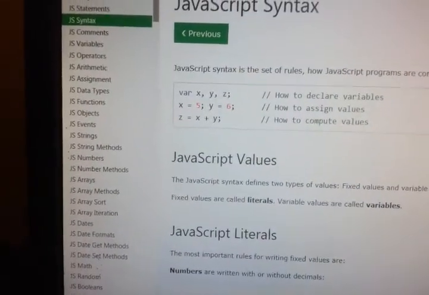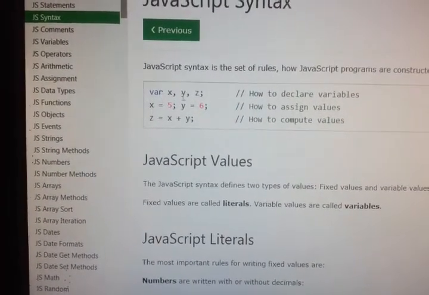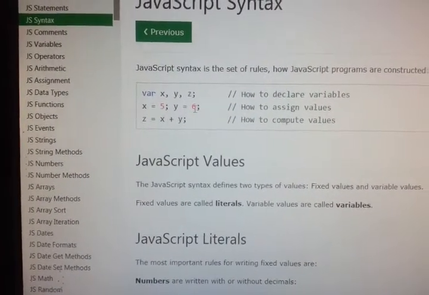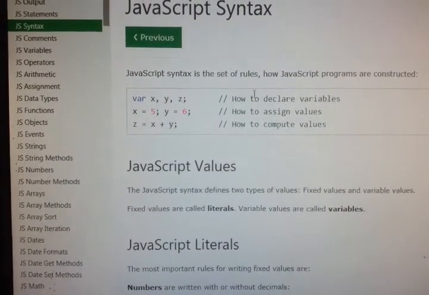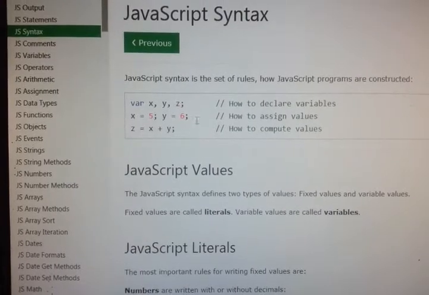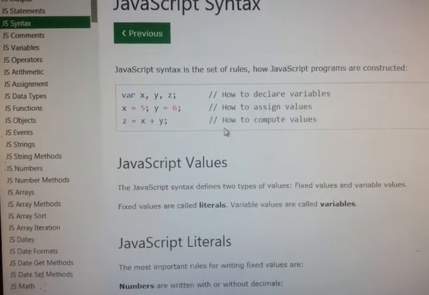So we have seen the syntax. var x, y, z, x is equal to 5, y is equal to 6, z is equal to x plus y. This is declaring variables, assigning values to the variables, and this is computing the values.